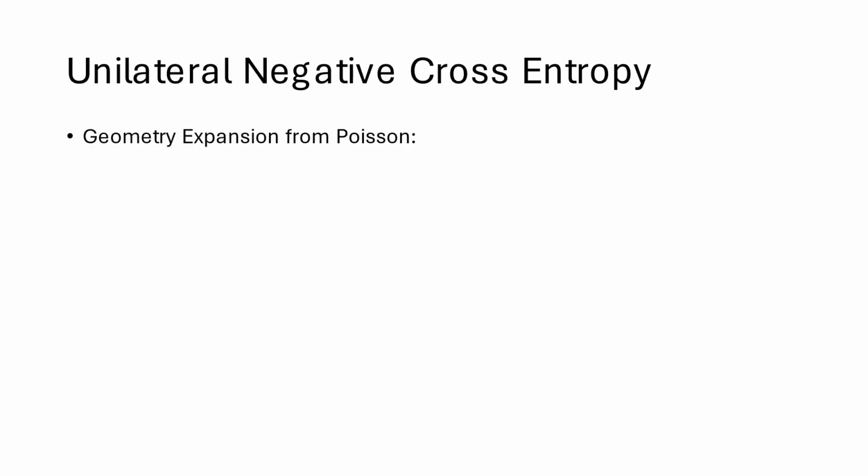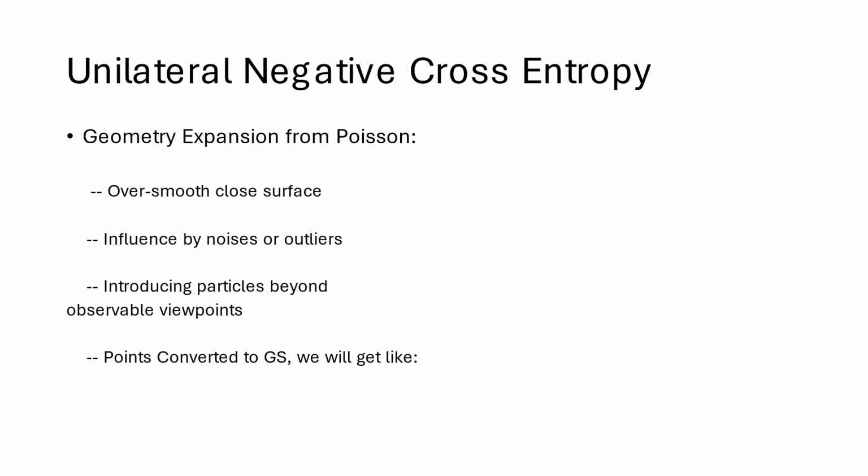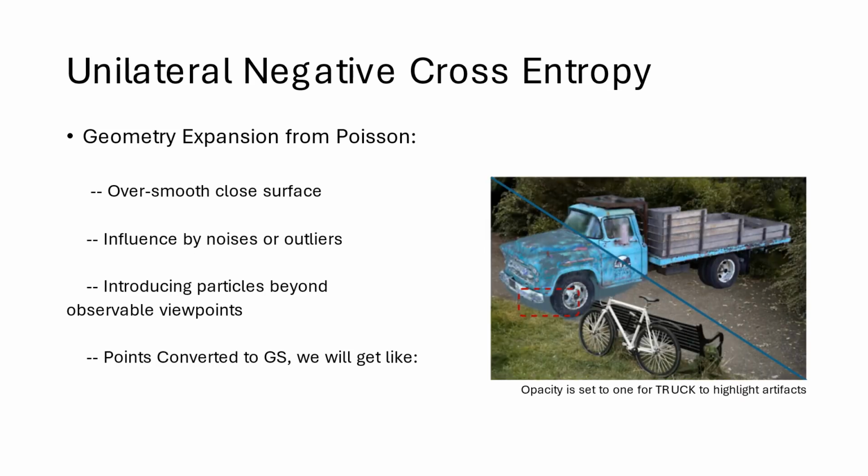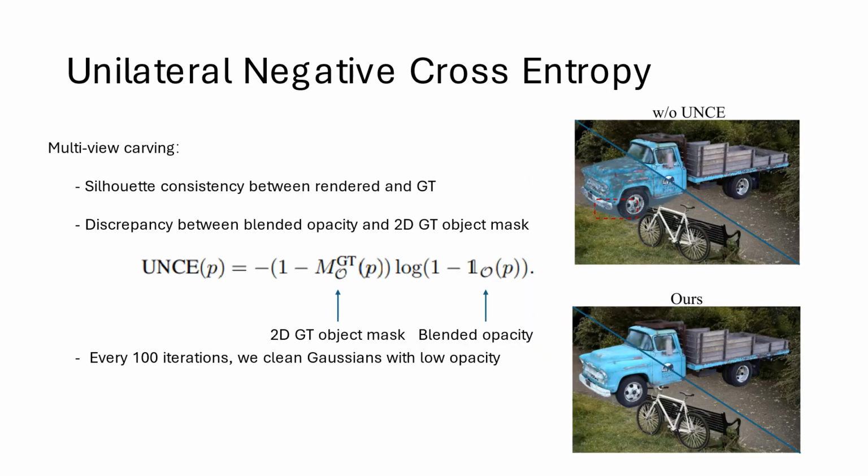And the next step is the unitary negative cross entropy, since we found that in the Poisson reconstruction, there is a trend to expand the geometry that over-smooths the closed surface. So in order to solve that, we're using the multi-view carving strategy to carve out these floaters, these unnecessary points. And that is our formulation shown here. As shown here in the right figures, without the UNCE, our results have floaters in the